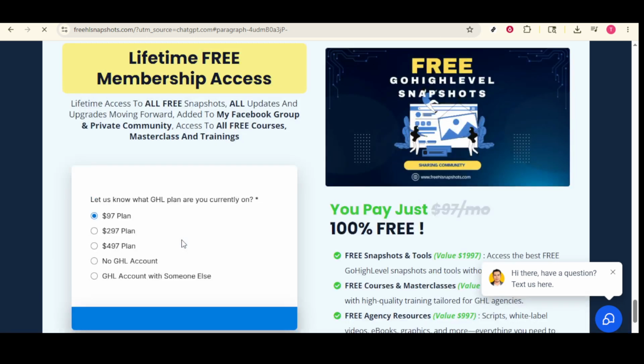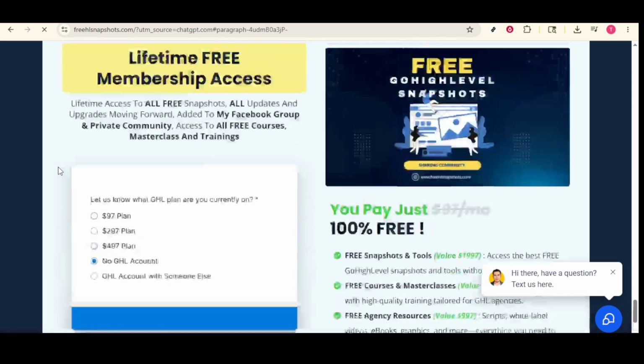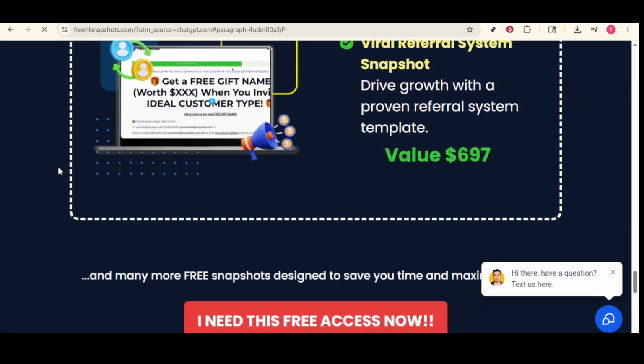The process is straightforward. Simply visit the site, browse through the various templates and resources available, and download what you need. This no-cost solution can save you a ton of time while giving you the flexibility to customize these templates to better align with your specific business needs. Remember, in the world of digital marketing, efficiency and adaptation are key. Utilizing free resources wisely, like those available through snapshots.com, can save you time and enable you to focus on growing your business. Whether you're a seasoned marketer or just getting started, leveraging these tools can enhance your strategies without costing you a